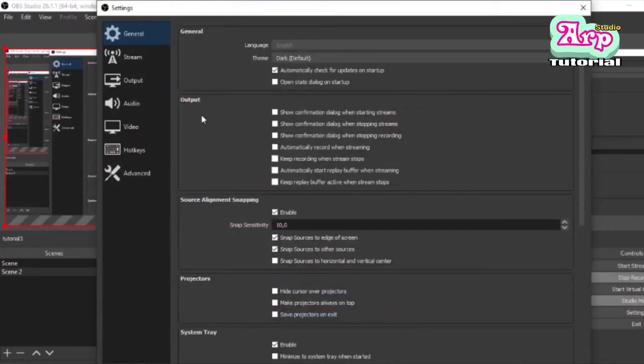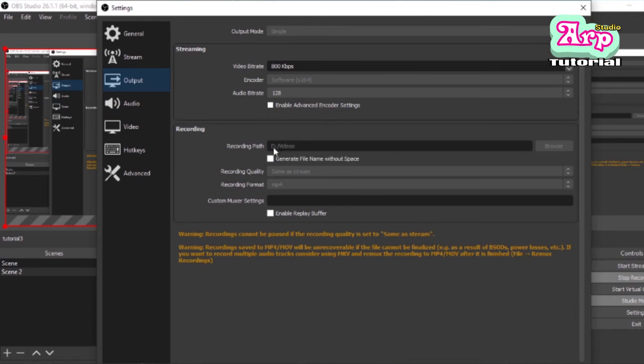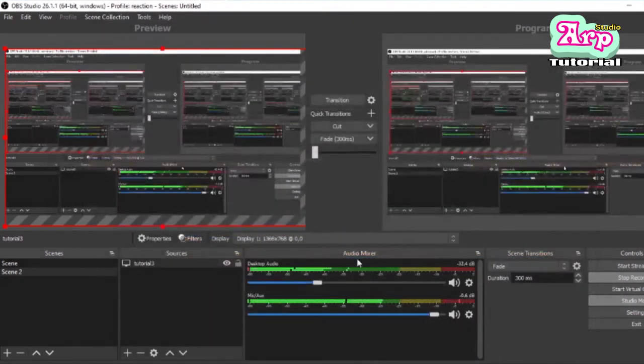You can set the video output in here. Output here. This is for your mic, and this is for desktop audio or laptop audio. Okay,